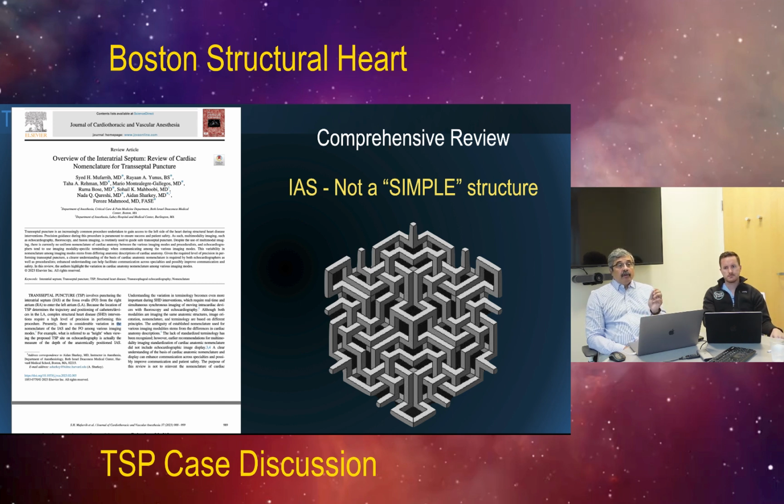And going through the wrong location in the true intra-atrial septum can be very detrimental to the ease or the complexity of the procedure. Sometimes, as you will see in a case discussion, we had to re-perform the intra-atrial Trans-Septal Puncture,